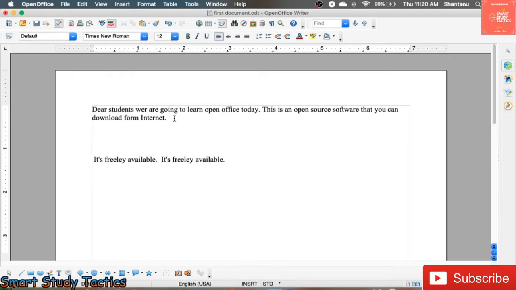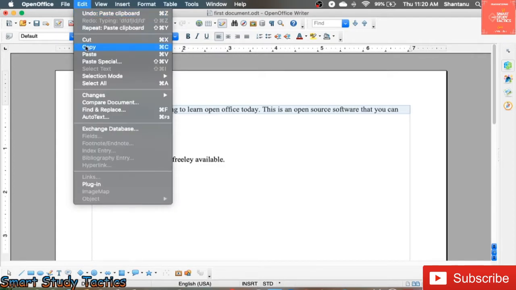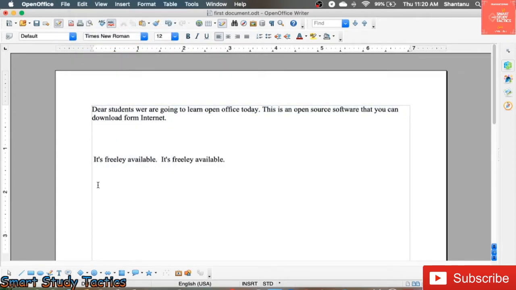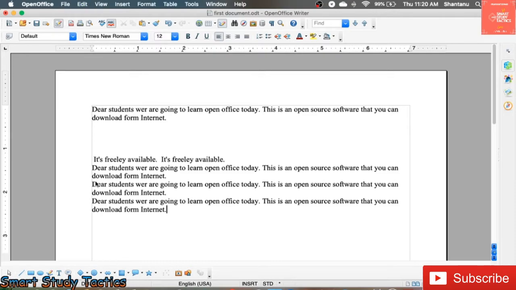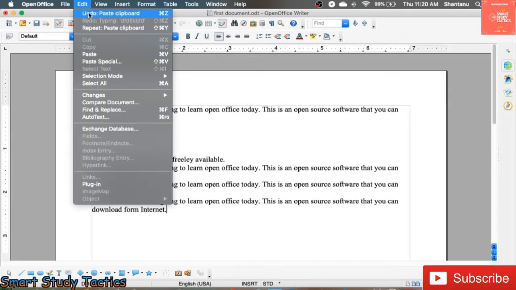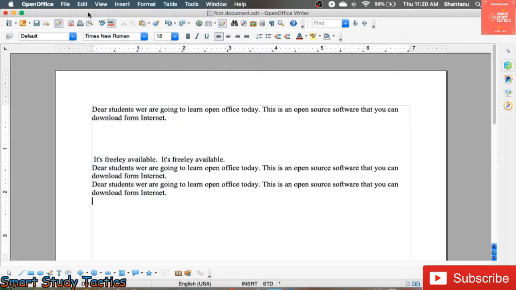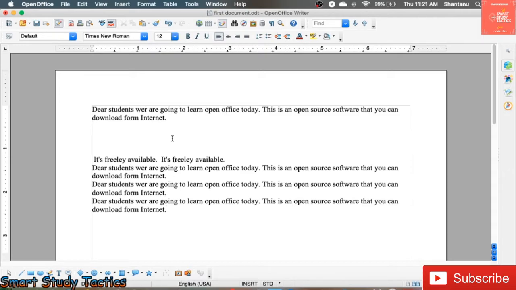Now copy and paste. Copy means it will make a copy of the original text as it is written here. Similarly, I am going to do the copy and paste. Wherever you want to paste, click there and paste, and paste again. A number of times you can do the paste. Similarly, I am going to repeat one more time. Undo, you can see the last changes are disappeared. Similarly redo. Undo and redo. So I think this is clear to you.